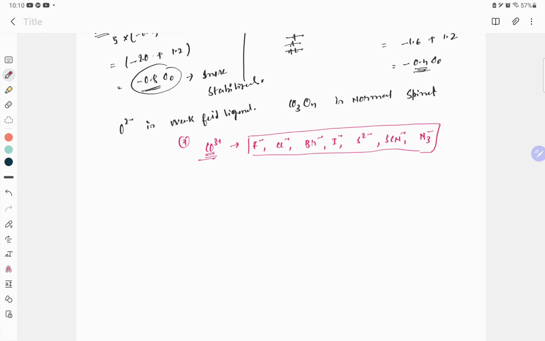Other than these, all the ligands will act as strong field ligands for Co3 plus. So here O2 minus will act as a strong field ligand